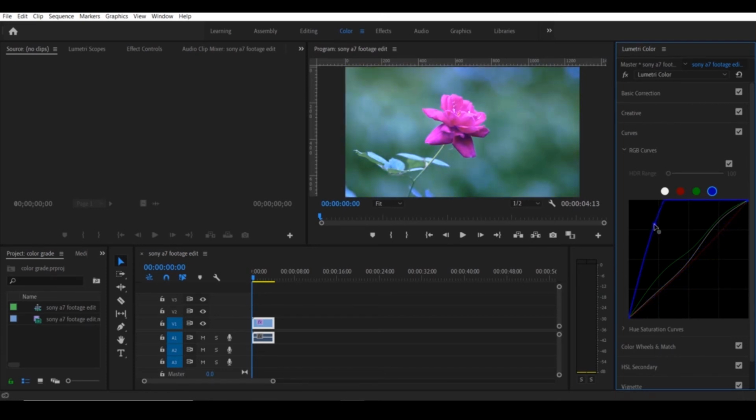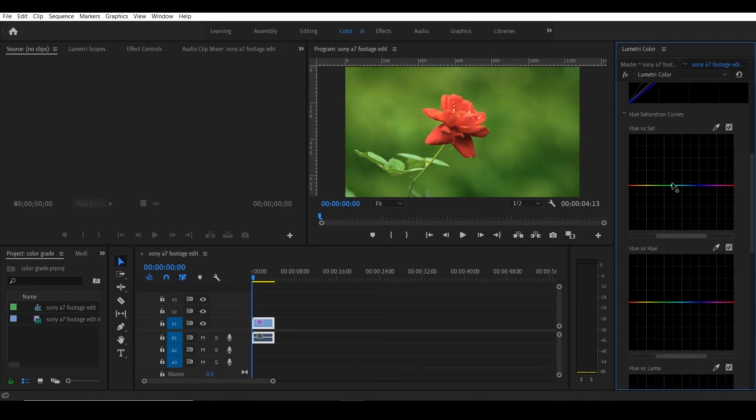If I increase this blue color, then you can see that I am going to add a bit of coldness, but I don't think that blue and green will match. So what I will do is I will decrease this blue color. Okay, so I decreased the blue color. Now after moving on to the hue saturation curves, this curve is dependent on hue and